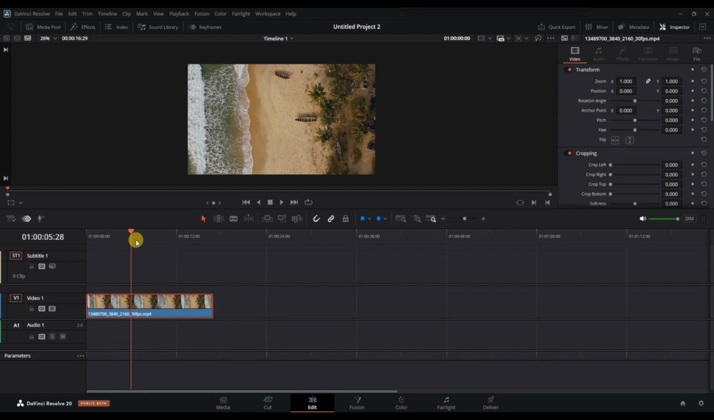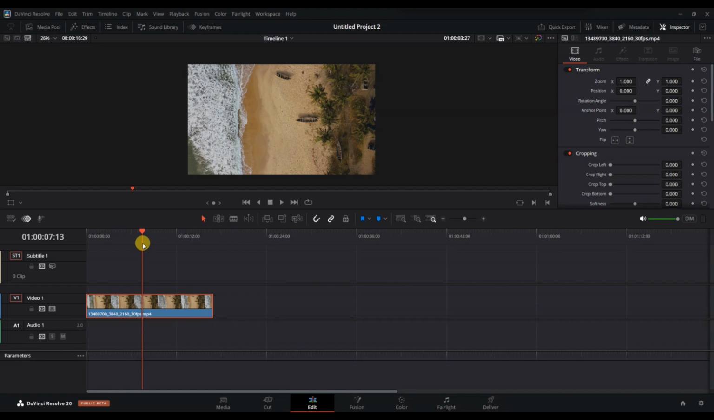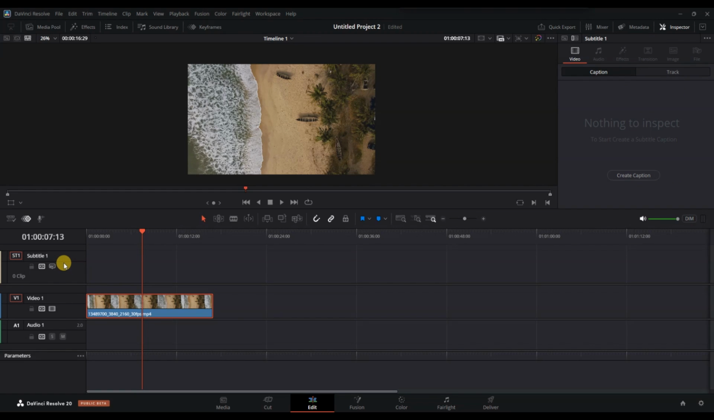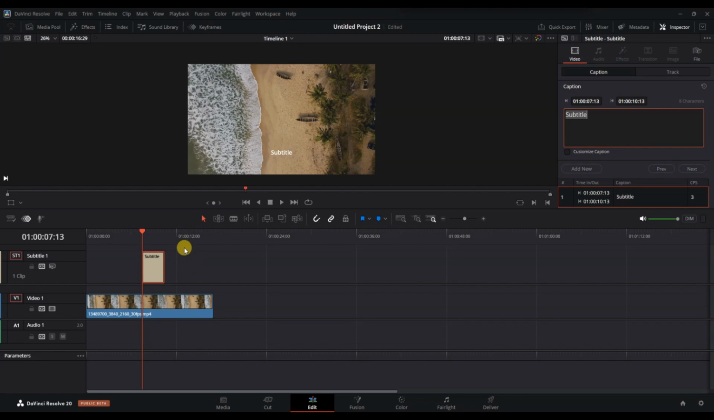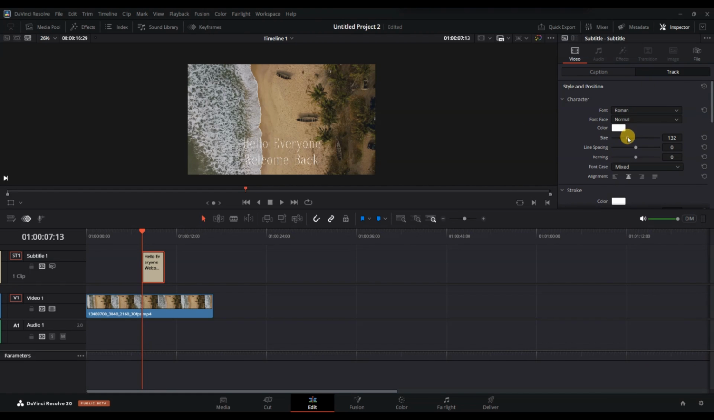Now, move the playhead to the point in the video where you want the subtitle to appear. Click on the subtitle track and choose Create Caption under the Inspector tab in the top right corner. A subtitle box will appear on the track. Here you can type your subtitle text and adjust the font, size, color, and position to match your video style